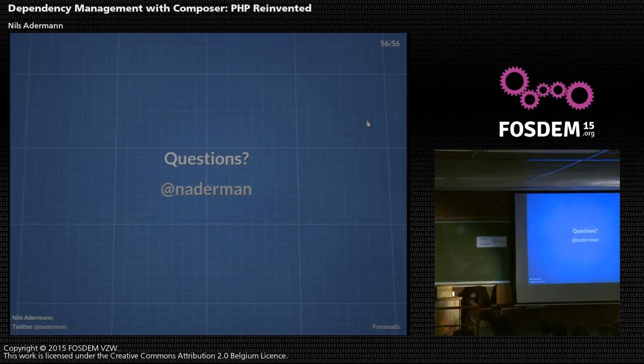OK, so the question is, is there a way to find out who is using your library through Packagist's API? So use in the sense of who's using as in installing, obviously not, because we don't want people to find out who you are. However,